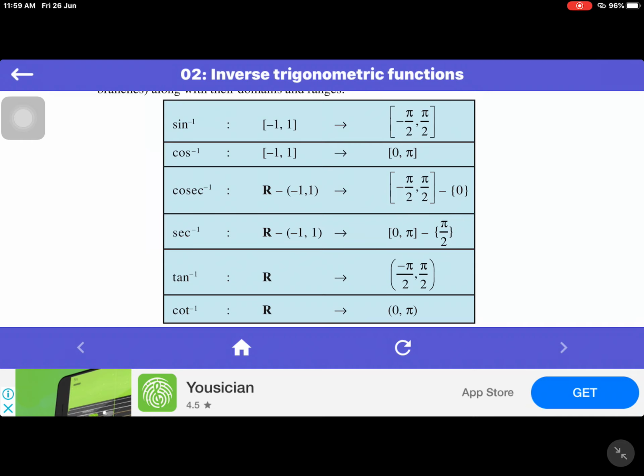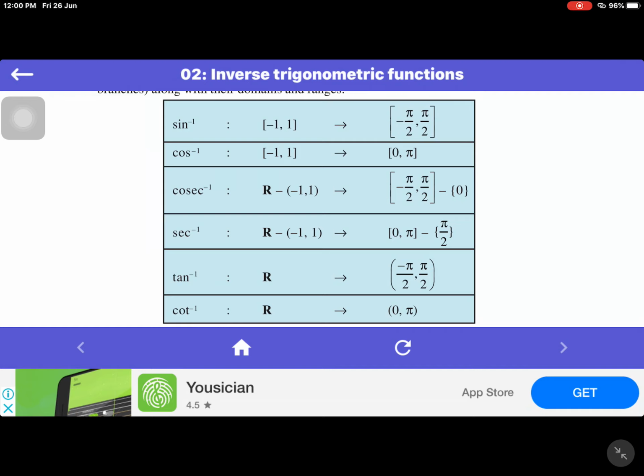Once again, the principal value branch of sine inverse is the closed interval [-pi/2, pi/2]. Cos inverse maps the closed interval [-1, 1] to the closed interval [0, pi], and [0, pi] is the principal value branch of cos inverse. From 0 to pi the cos value is not repeated. That's why 0 to pi is our required one. Cos inverse of something, the answer should lie between 0 and pi. Sine inverse of something lies in the closed interval [-pi/2, pi/2]. If sine inverse of something is there, definitely we should get the answer from -90 to 90. Cos inverse of something, we should get the answer from 0 to 180.